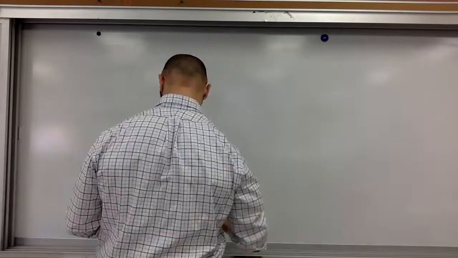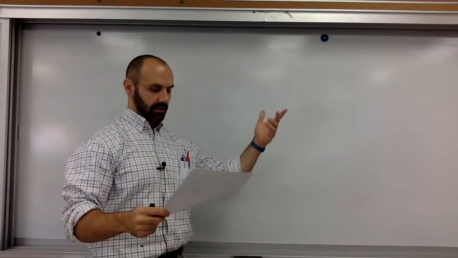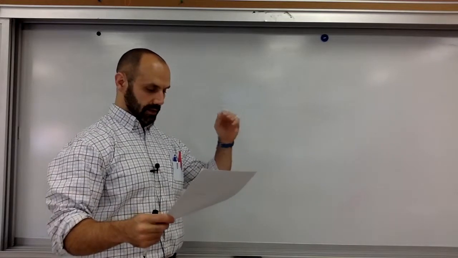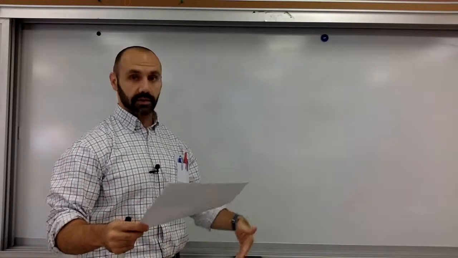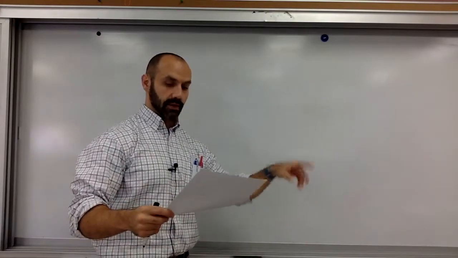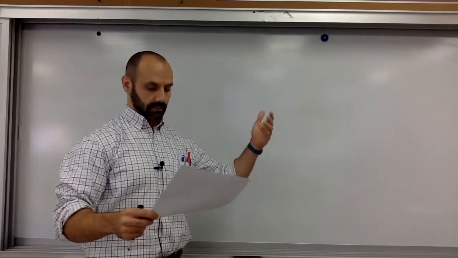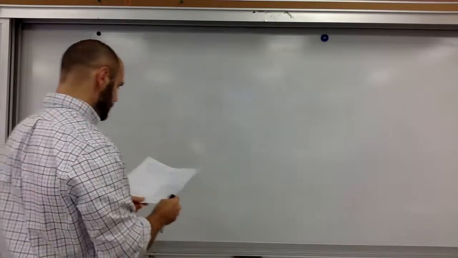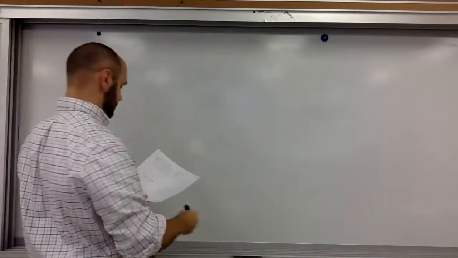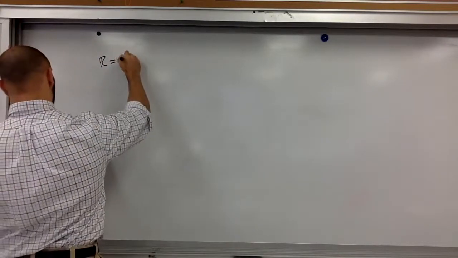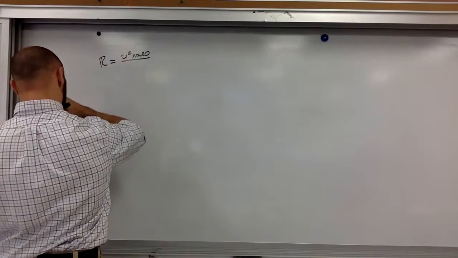Okay, so in this explosion of a projectile problem, it goes up into the air and it explodes, but it explodes so that mass m falls straight down. And then mass 2m continues on. And what that does is it allows that other mass to go farther than it would have otherwise. So the first thing we do is we use the range formula to find out where the center of mass lands. All right, so R equals v squared sine of 2 theta over g,